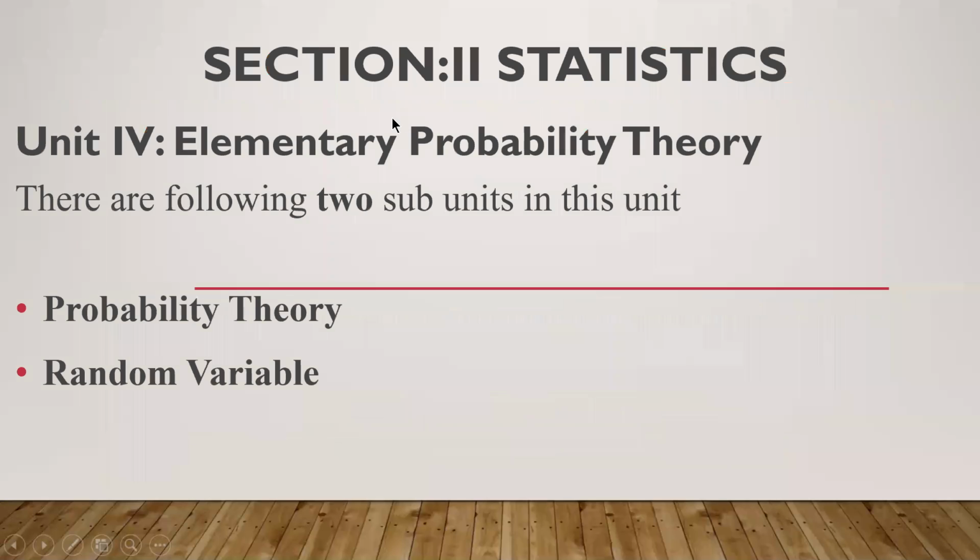We are doing section 2 statistics, in that unit 4 elementary probability theory. This unit contains two subunits. First one is probability theory and the second one is random variable. We had already started with probability theory in the last week, and the whole week we have solved problems based